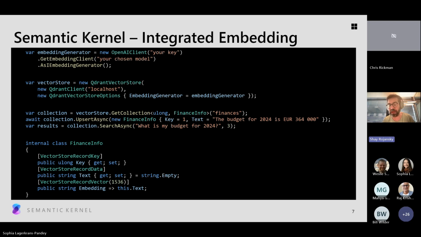And that's something that we support on all our connector implementations. All vector databases support some form of filtering. The precise constructs and query features that are supported vary, but all of them do at least some equality checks, and that is supported. We showed this in the last office hours. You're using LINQ, C# code with LINQ expression trees, to express that you want to only get finance infos where some field is greater than 8 or whatever. So that is fully supported.